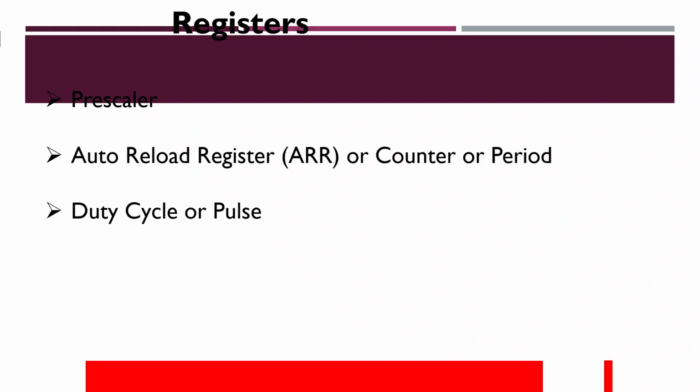So next one is the duty cycle or pulse. What is this duty cycle actually called as? The duty cycle is the percentage of on time. Okay, so duty cycle is the percentage of on time that is mentioned as,